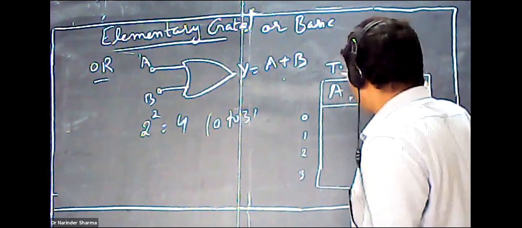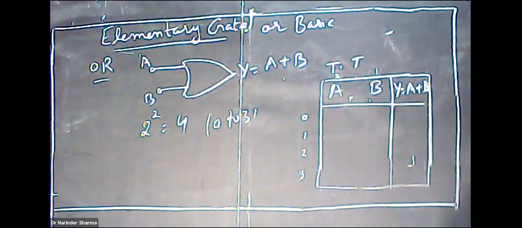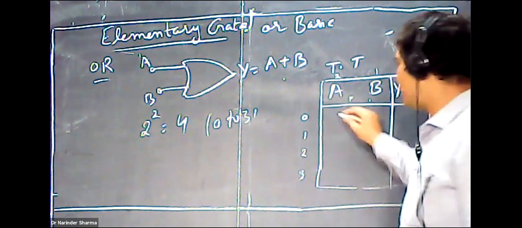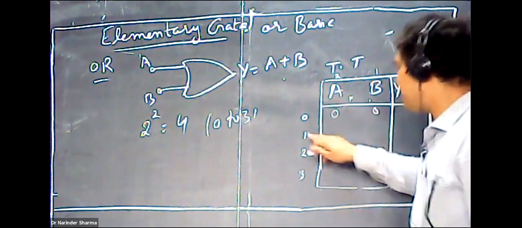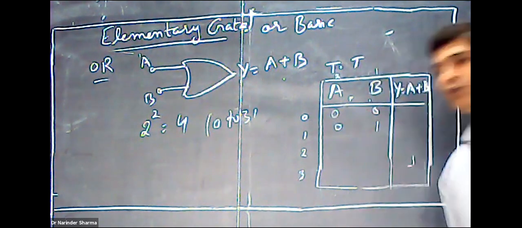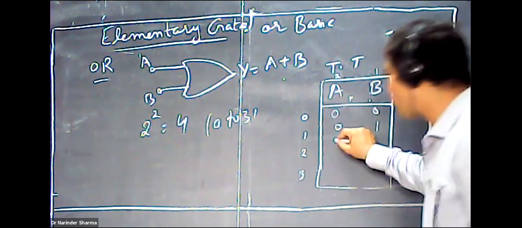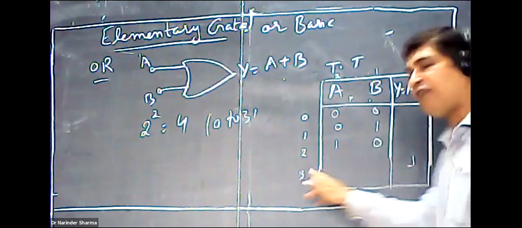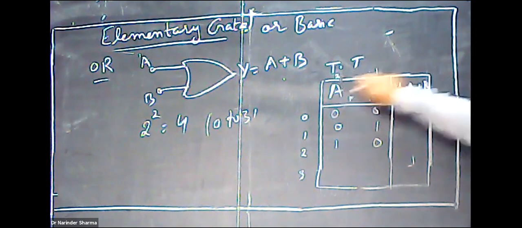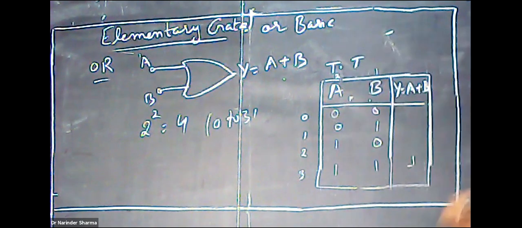Now assign the weights 1 and 2. Just recall the concept of decimal to binary conversion. If we have to assign the value 0, both are 0. For the value 1, under 1 I have to write 1, and B would be 0. For the value 2, under 2 I have to write 1, and the other will be 0. For the value 3, that will be 2 plus 1, so under 2 and 1 you have to write 1, 1.